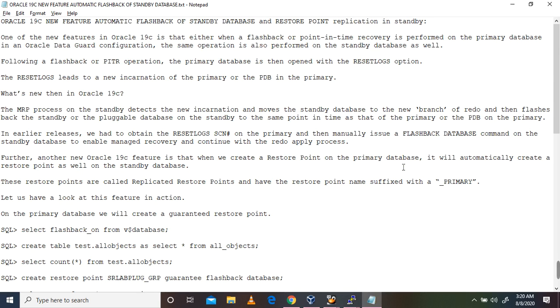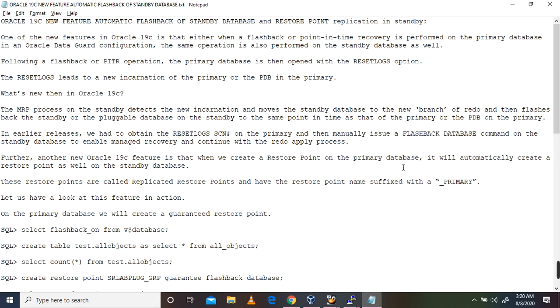Following a flashback or PITR operation, the primary database is opened with the RESETLOGS option. The RESETLOGS leads to a new incarnation of the primary database or the PDB in the primary. So what is new in Oracle 19C?